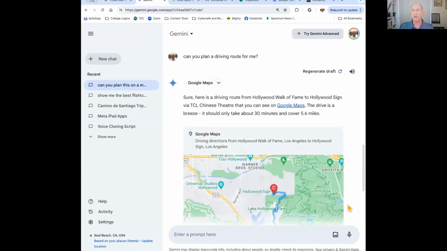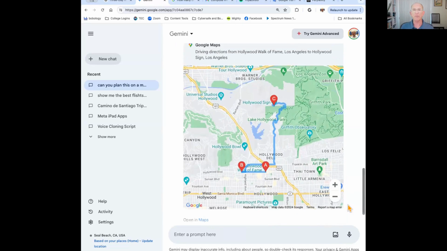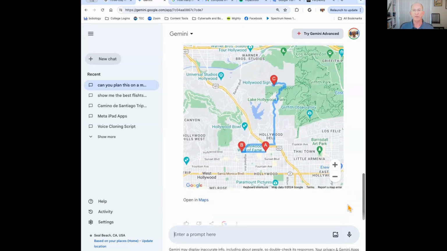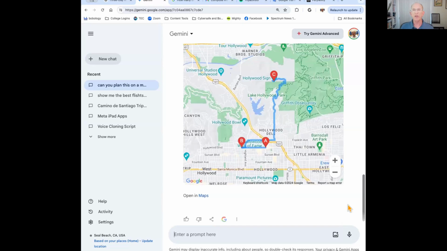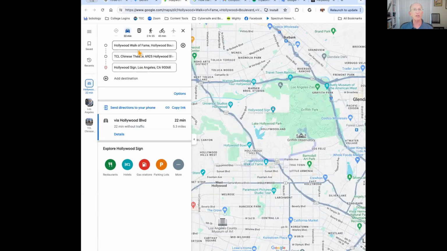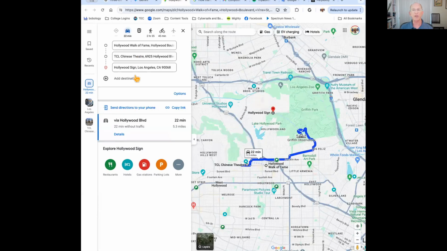So here's a driving route. It actually planned out driving directions for me from the Hollywood Walk of Fame to the Hollywood sign, with a few other things to see. So you could actually get it to plan out driving routes and time frames and things like that. And you can open it up in Maps, and it has the route planned out for you already here.